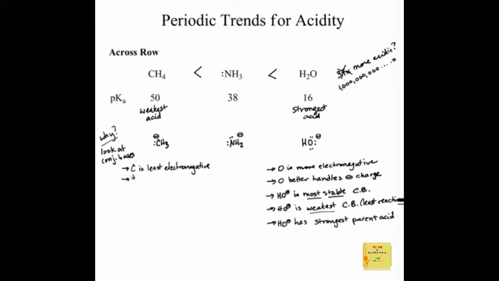And so this is the least stable conjugate base. And if this is the least stable, unstable conjugate base, that means it is the most reactive conjugate base. It's the strongest conjugate base. So this is the most reactive, strongest